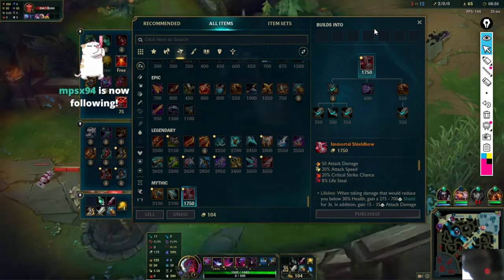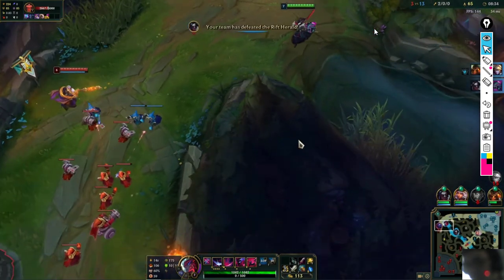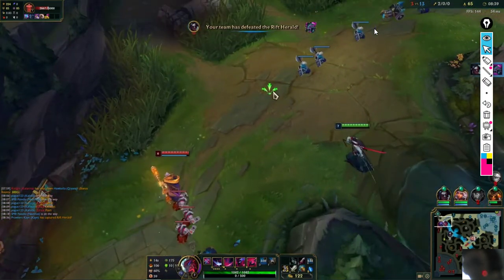Plated steel caps 12% damage reduction affects Yone's Q if you Q through a minion. If you Q to Jax, I think it possibly does, but I'm not 100% sure actually, because there was some...